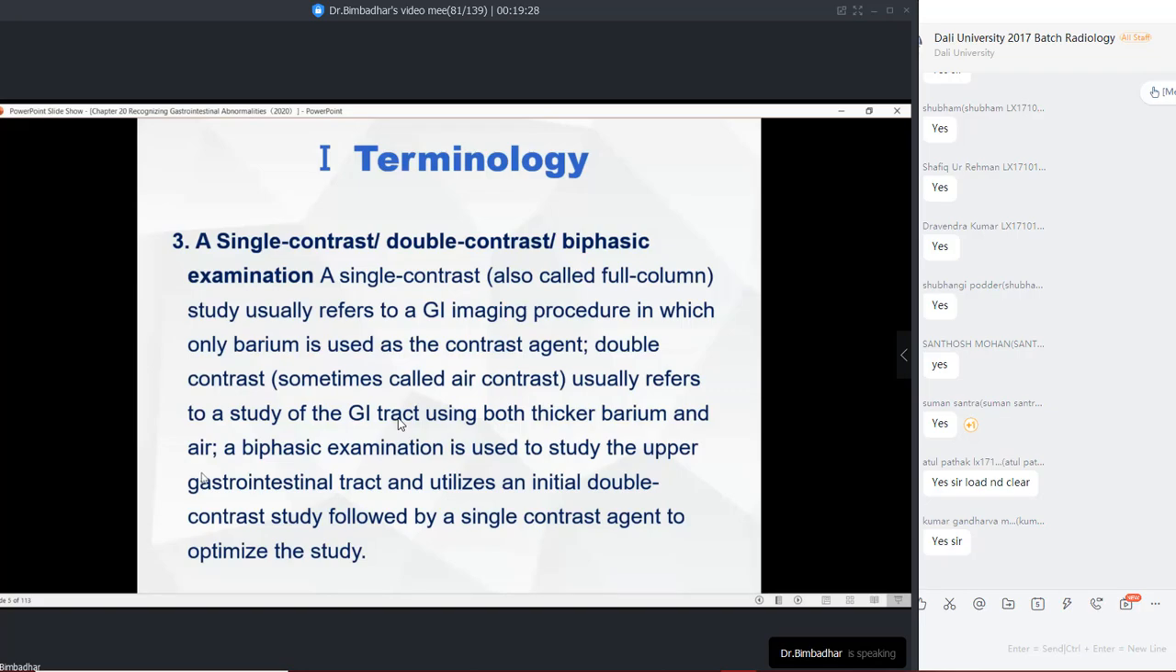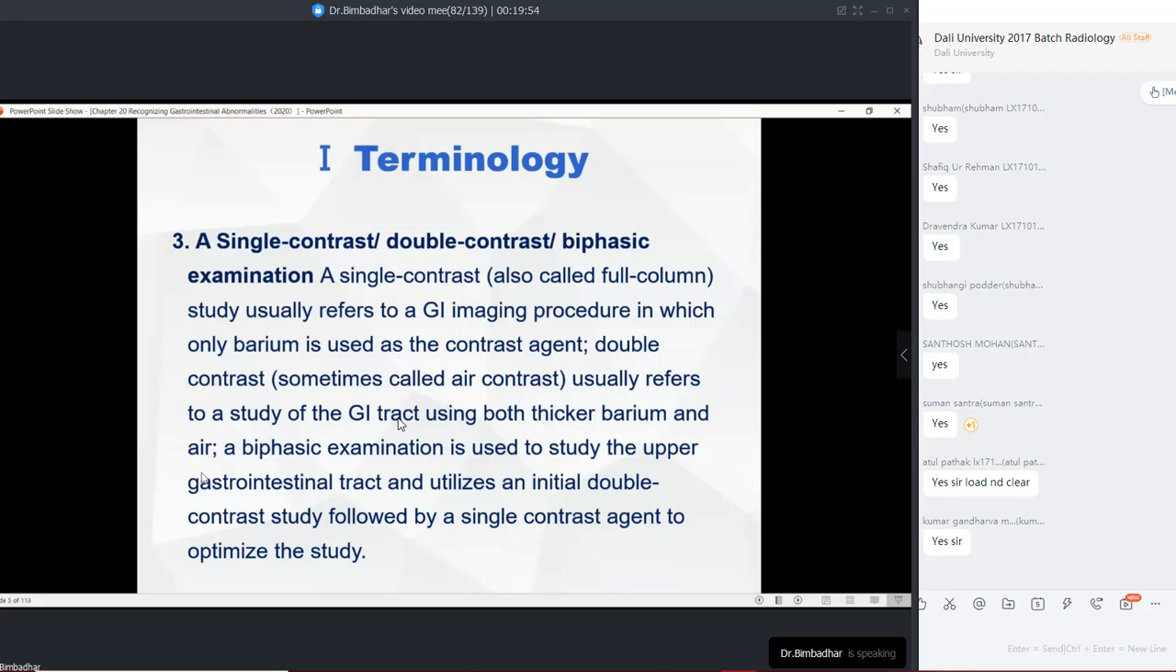So the technique in double contrast is that we are going to use the barium, which is technically much thicker, and also air. So we are going to ingest air, and we are also going to ingest barium together, so that we can actually find out the difference. So that's actually called the double contrast study. Remember,